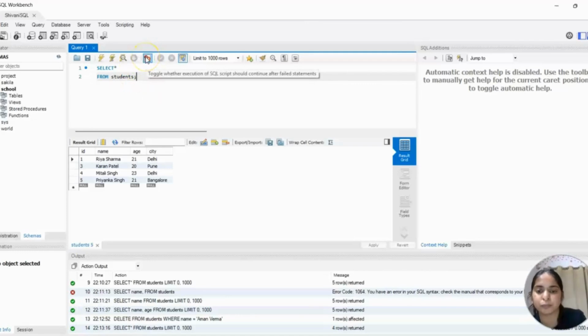So yeah, now we are going to see the drop command. The drop command will basically delete the databases and tables which you have created. If you want to remove the entire table, you can use the drop table command.